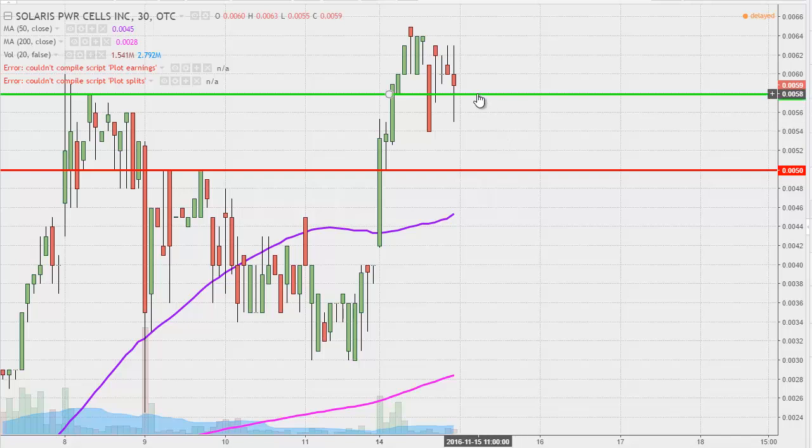But by no means am I saying that if the price drops below 0058 that everything's ruined or anything like that. Not saying that at all. Just saying that best case scenario, if the price can hold above there, that would be a very good sign of strength. Other area that has now been established as support, again, previous level of resistance there at 005,